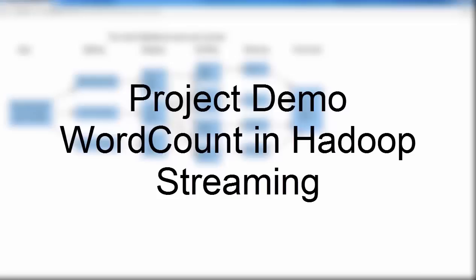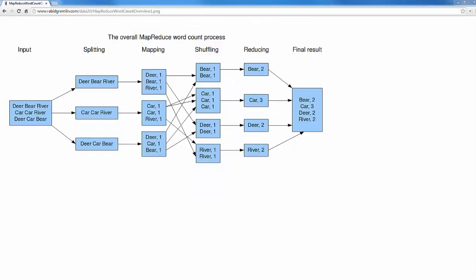In this video, I'll be writing up a sample application or word count for Hadoop streaming. Recall that in the MapReduce version of word count, you will require a mapper to tokenize an input line and emit word, 1 for every word in the line. A reducer will aggregate all the key value pairs with the same key and then sum up the values to